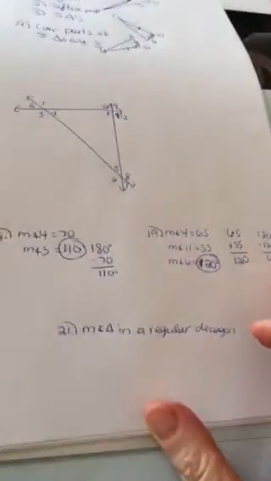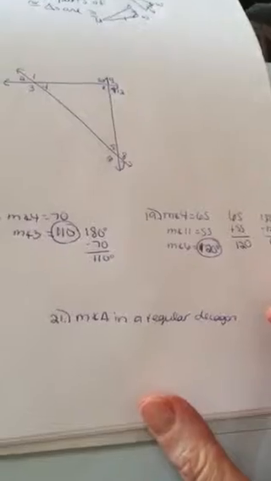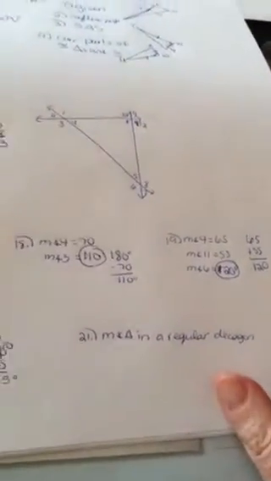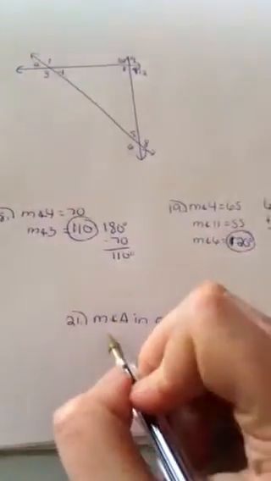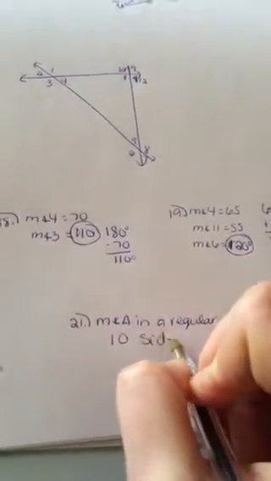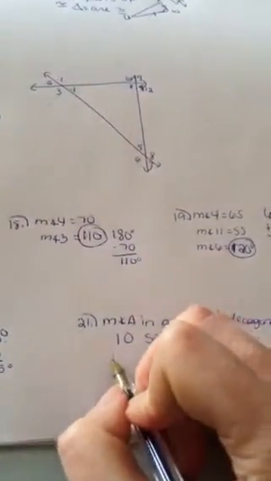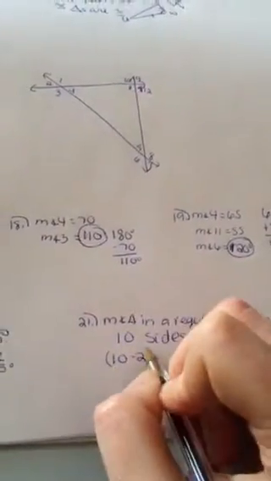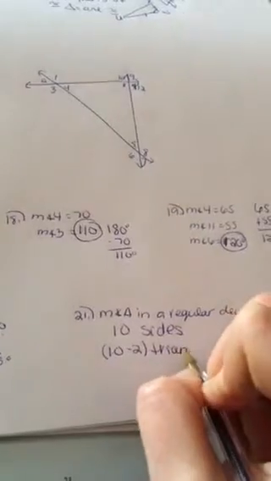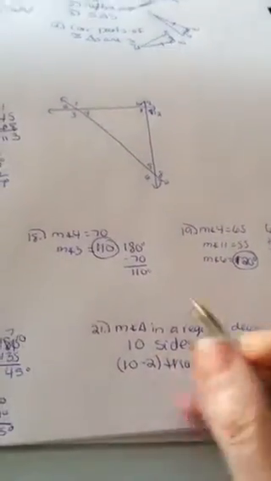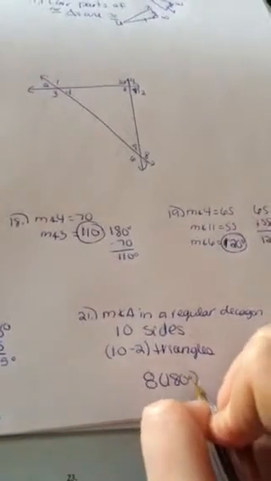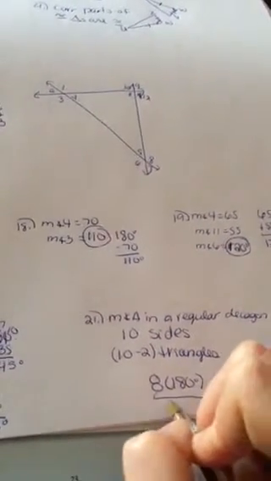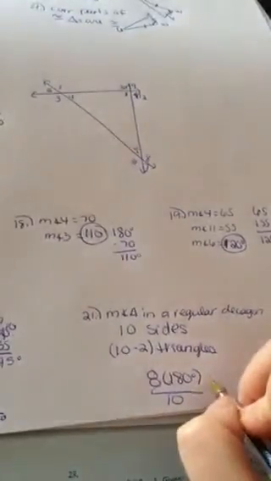Okay. Now we have a little bit different problem here. The measure of angle A is in a regular decagon. We have to find all the measures of all those angles. So what do we know? We know that there are 10 sides in a decagon. And we know that it can be divided up into n minus 2 triangles. All right. So we have 8 triangles times 180 degrees divided by 10 angles equals,